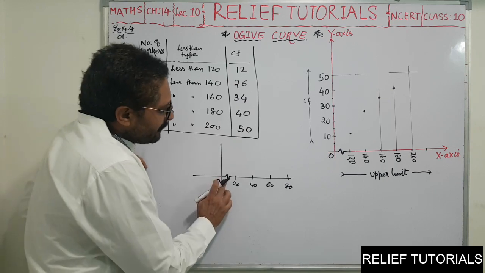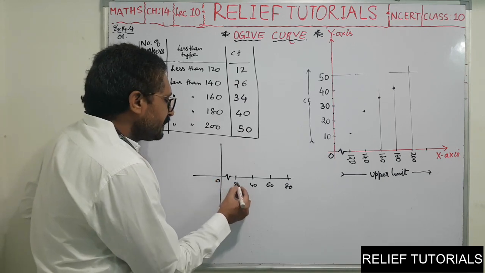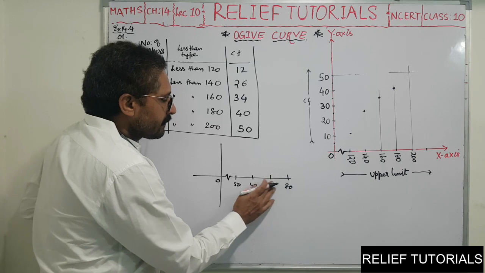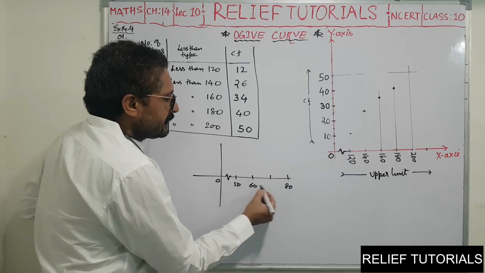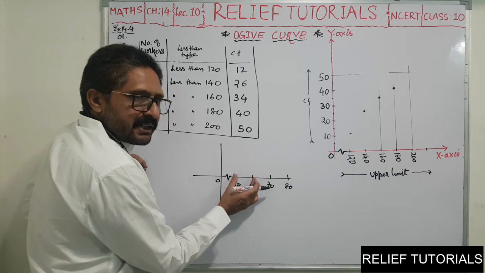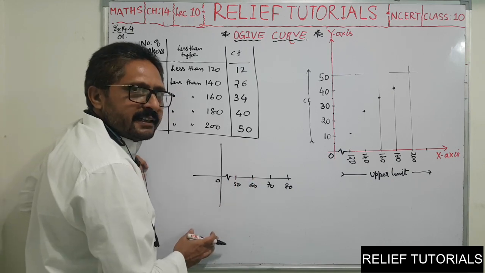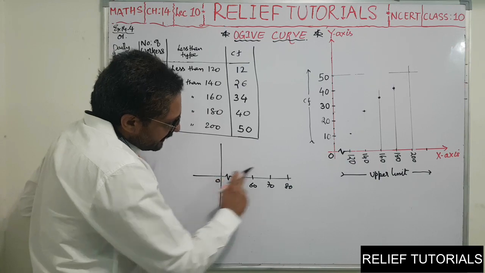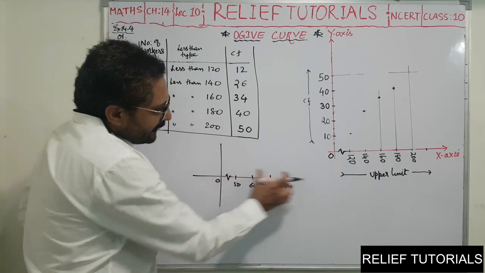Why is this symbol necessary? If it is 50 here, then I will write 40, 60, 70. If this is the case, then this 1 centimeter is 50 units and this 1 centimeter is 10 units. So there is no uniformity here. As a result, this suggests a break in the scale, which we are not showing on the graph.